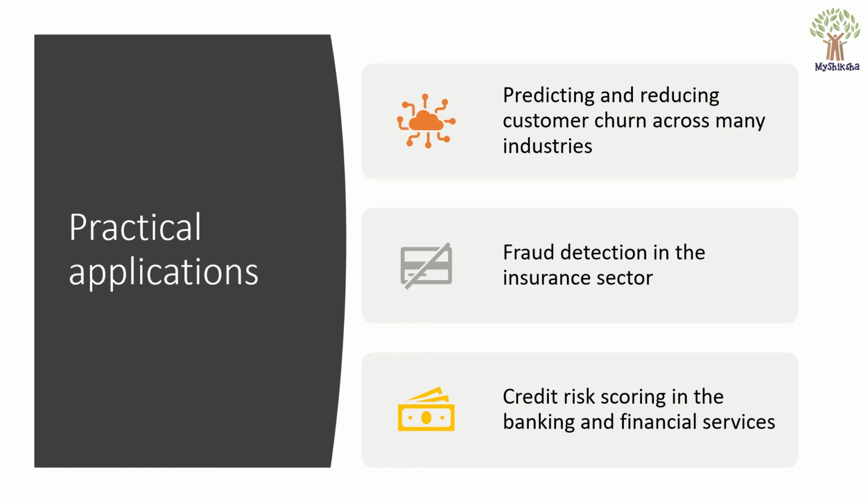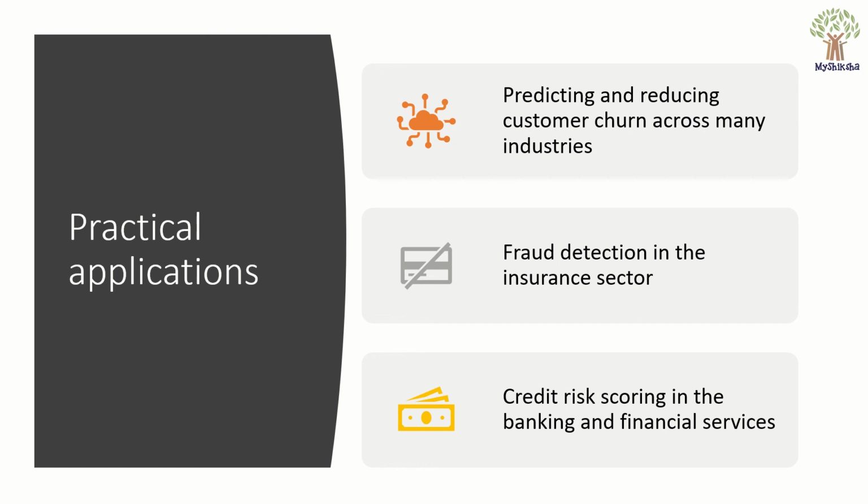This is one popular example. The second one is fraud detection in the insurance sector. That is, what kind of frauds may happen when it comes to claims, accidents and so on. When it happens, a lot of claims come up. It is important for you to analyze what is a fraudulent claim and what is not. Is there a way that I can use data to detect that? Yes, a decision tree can actually help you out. Based on the features that you identify, you can draw a tree and come to a conclusion whether the claim that has come in is a fraud or not.